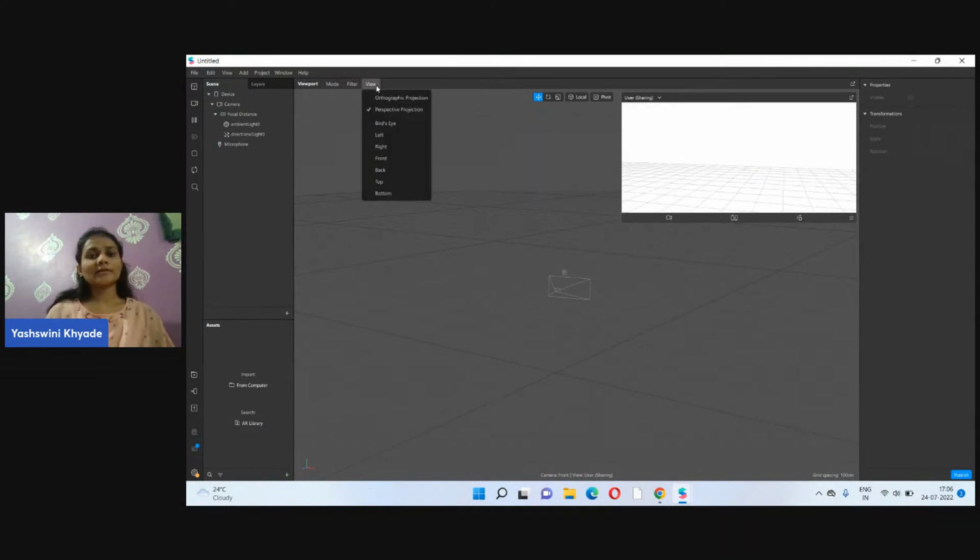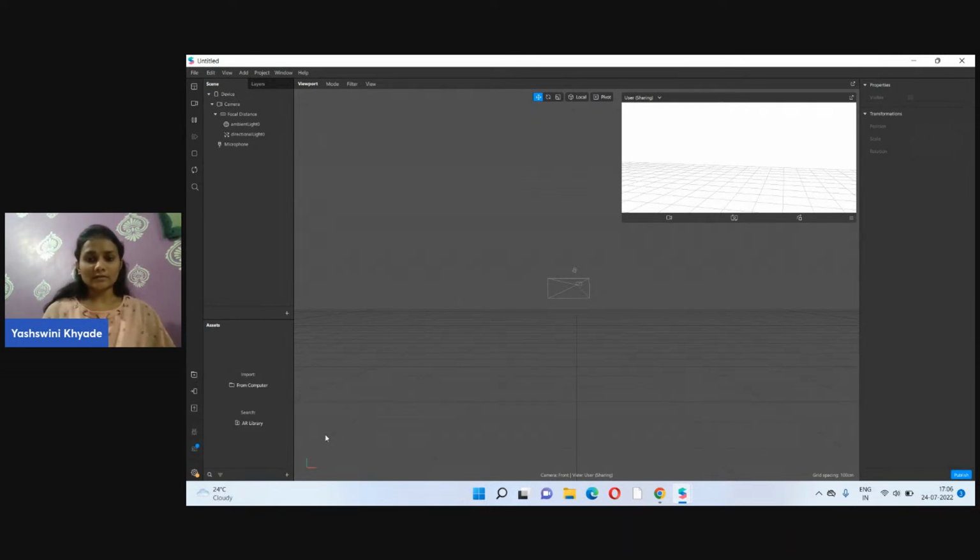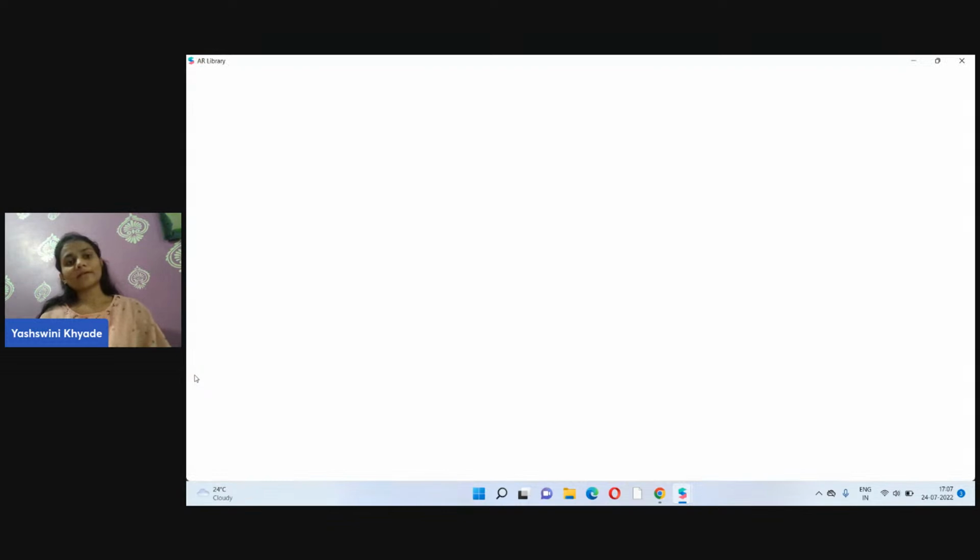And I'm going to take a view as a background either. Here the view does not matter at all. Here we are going to add the object from the AR library itself, so for that any view can be taken easily. So what we will do now is come to the AR library on the left side of this Spark